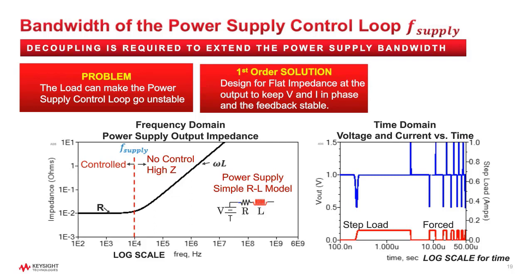The spikes in voltage at the rising and falling edges of the load current clearly show that there is reduced power delivery to the load for the high-frequency transients, where the active inductance of the power supply is increasing the impedance. The power rail voltage drops by 50% when the step load turns on and then spikes by 50% when the load turns off. In this case, there is no resonance, just a simple increasing impedance that reduces the power that can be delivered to the load at high frequencies.